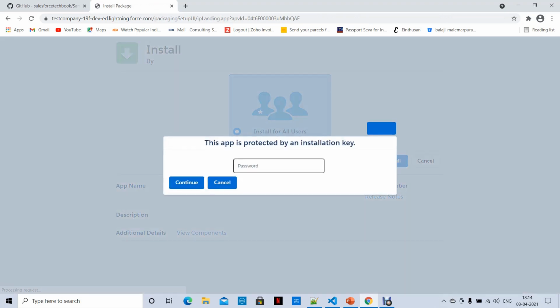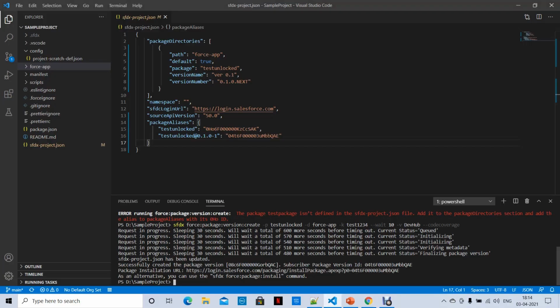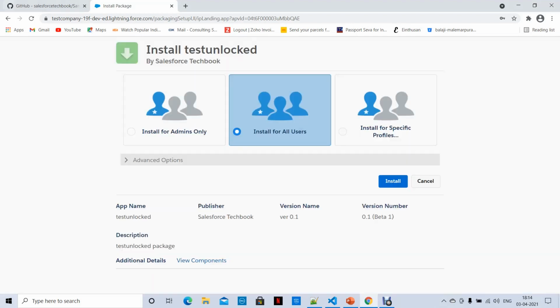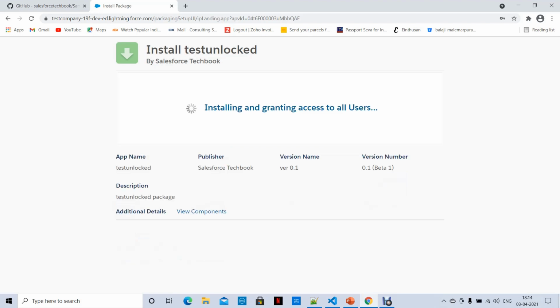Now it will prompt to provide an installation key. What is our installation key? Let's see here. Test 123, right? See, this is the installation key. Take this and paste here. Now it is going to install. It says published with Salesforce Textbook and app name is test unlocked. We are installing. Yes.